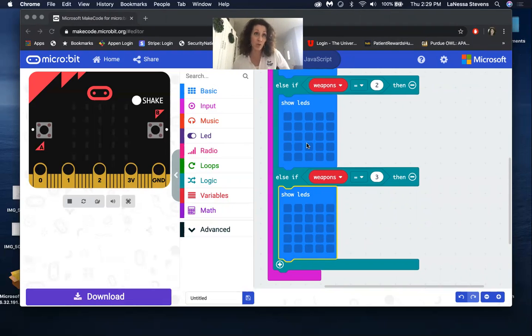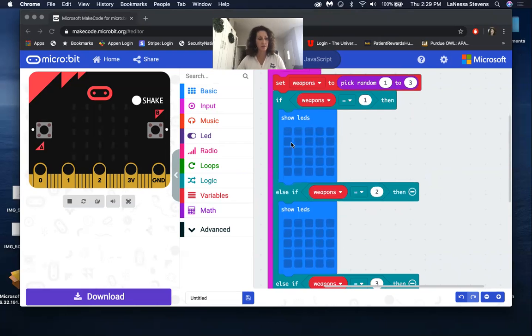So I'm going to show you that we're going to do arrow, sword, and ninja star, where the arrow beats the ninja star, beats the sword, and sword beats the arrow. So arrow beats the star, but star beats the sword, and sword beats the arrow. Okay. So we have in our first block,